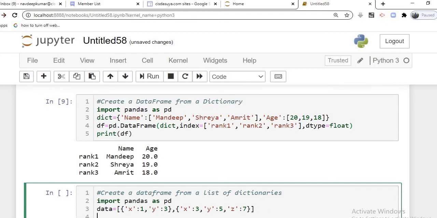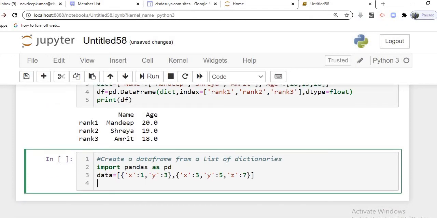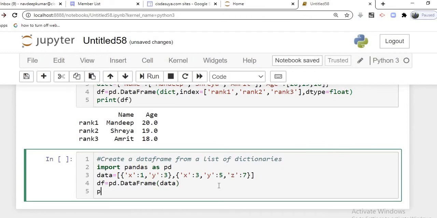Now going for the data frame, pd.DataFrame. So the first parameter is data, and finally we want to print this data frame.